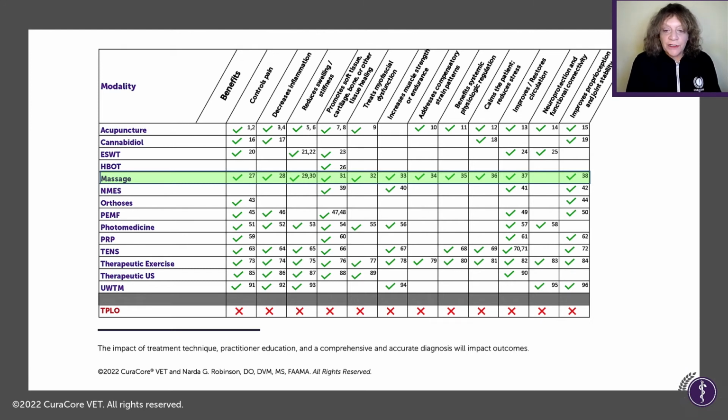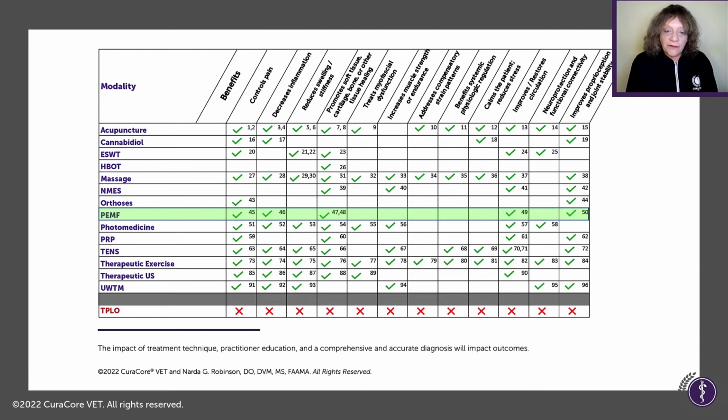So massage checks most of the boxes except the neuroprotection and functional connectivity. That it's not so specific for nerves. But all the others I could find evidence for, so that's really of value. Neuromuscular electrical stimulation, mainly for the muscle strength, keep that going, and then for soft tissue healing. A brace, while it only has 2 checks in here, if your knee is more stable, that's going to help with pain, and it's going to help with you growing that muscle stronger so that you are more stable and can pursue the other therapies and not just be stuck in a box for weeks on end.